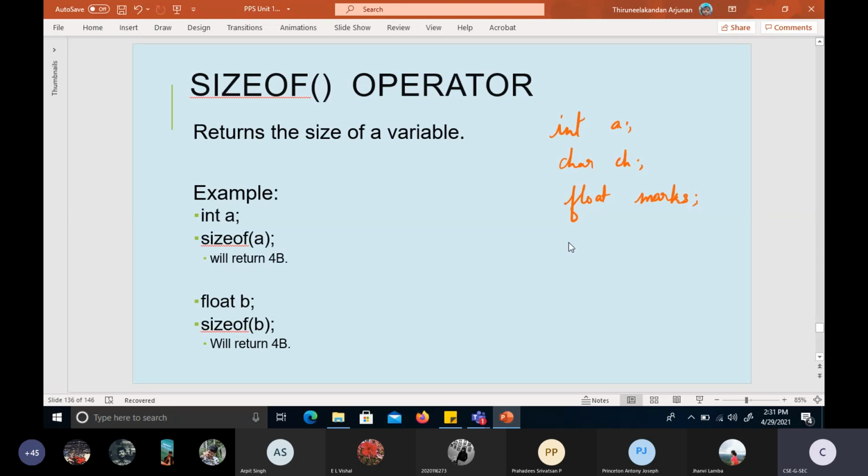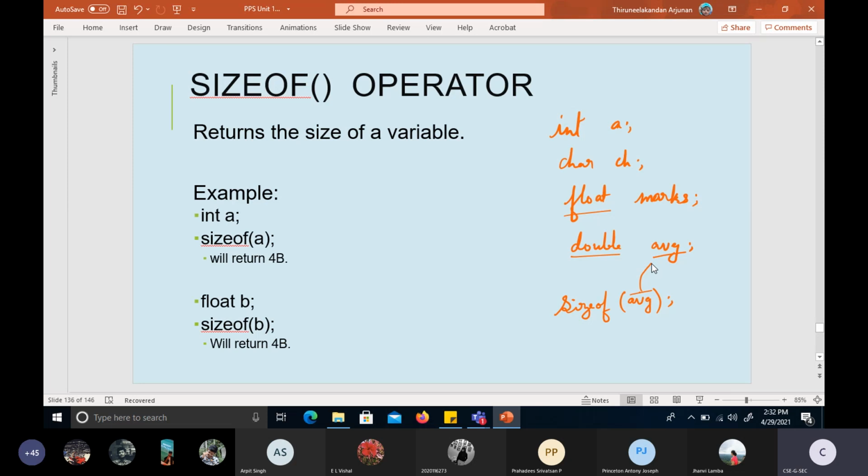So like this, any number of varieties of data types can be declared, and we can assign some values to the variables. Then we can identify how much size each of the data types is occupying in the memory space by using a function called sizeof. Within the brackets we need to write the name of the variable, avg. If we run such a program in our system, it will automatically find what avg stands for. avg is a variable, but this variable is of type double.